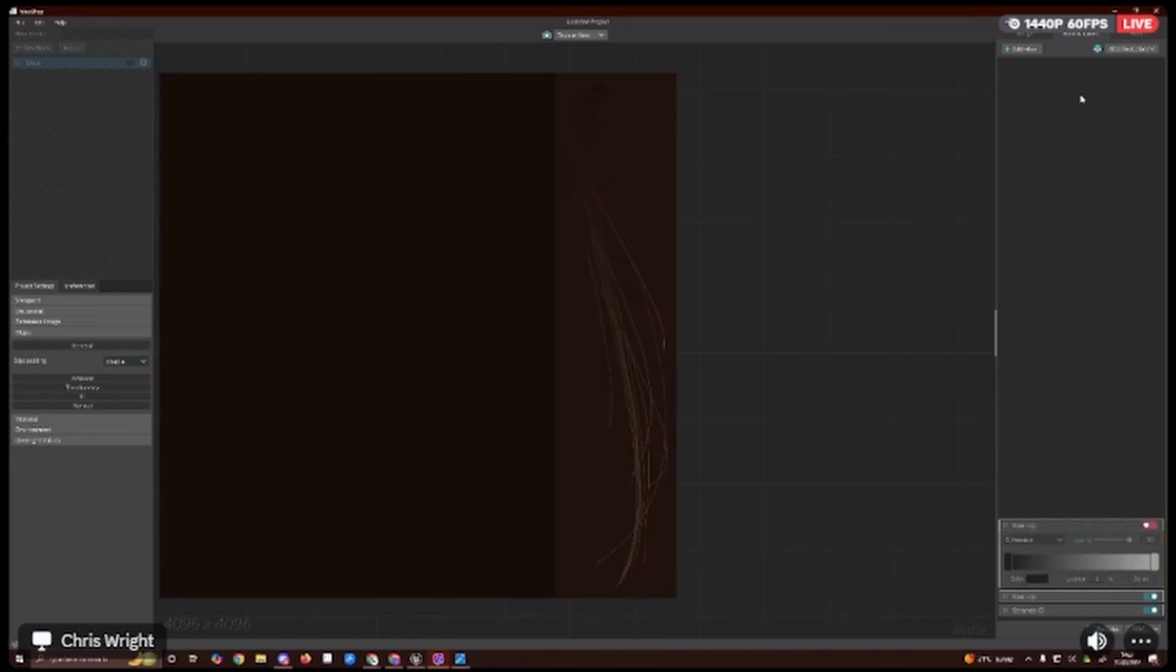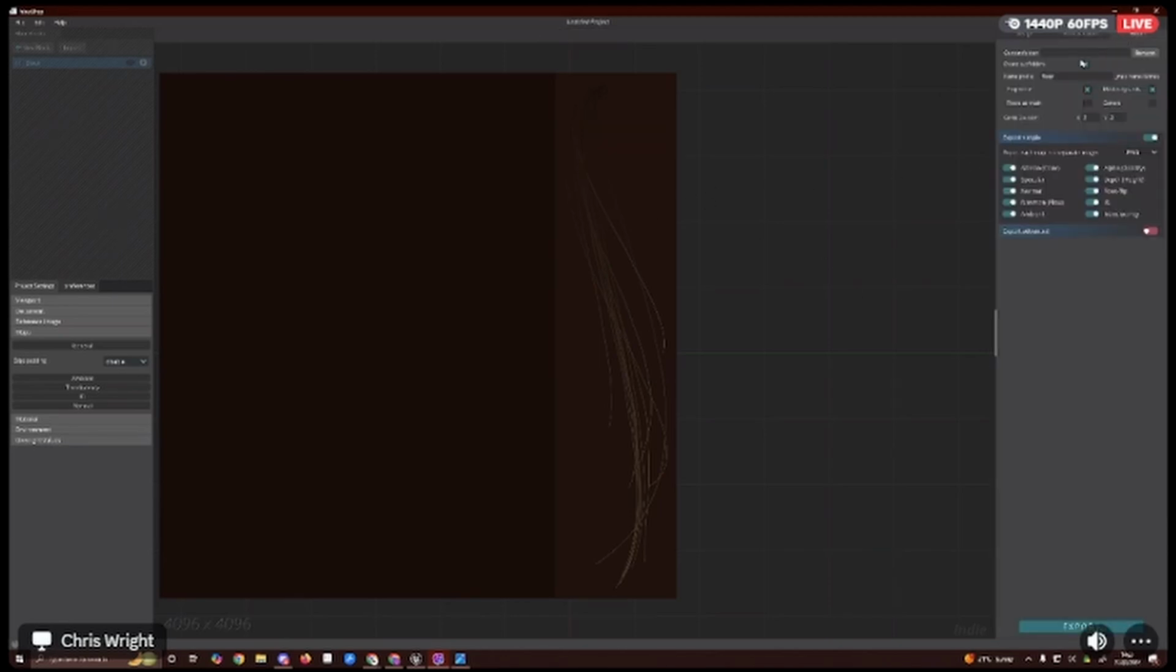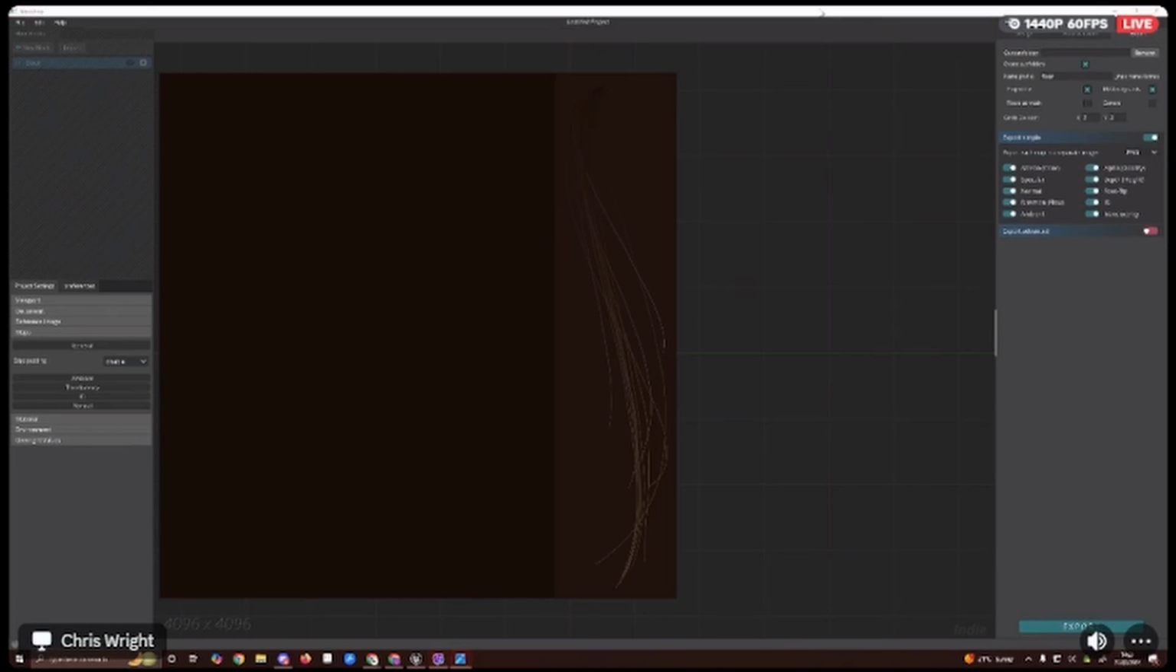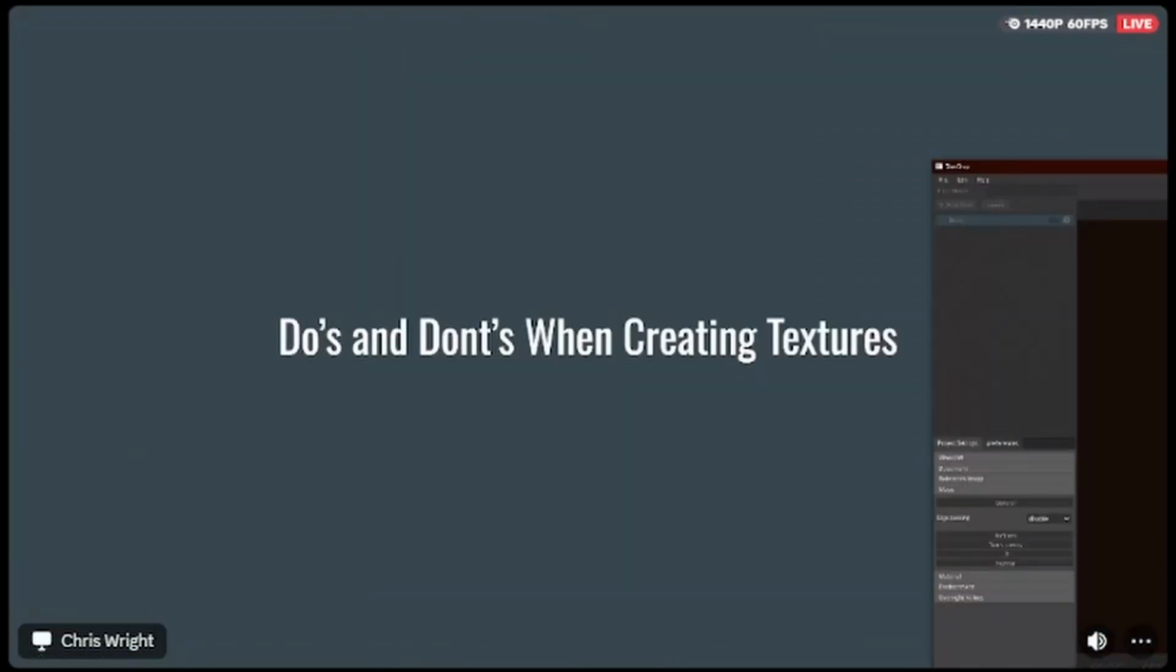Yeah, and you do this for every map. It's not really necessary for the other maps, but the diffuse, you want to get it right, you want to make it look nice. And then it's just as easy as exporting it. So yeah,